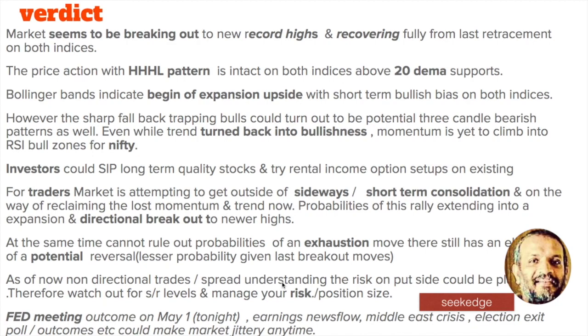The market went to kissing distance from 50,000 and then pulled back. So this could turn out to be a potential exhaustion move, and I cannot rule out a potential reversal as well. So be careful, you never know what happens. All that we can do is manage risk, position size, and have stop losses. The market will react whichever way it likes. We'll have to wait for tomorrow for that.